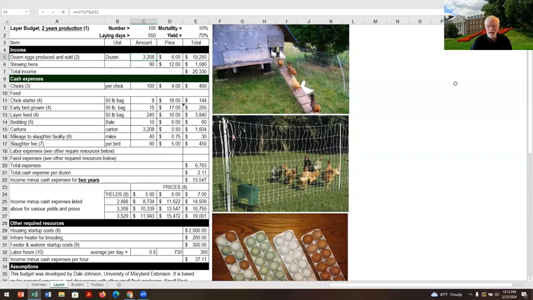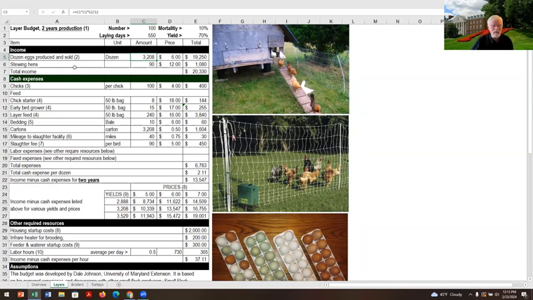So you don't want to try and undercut your competition, because that's not going to do anybody any good. If you see a sign on the road that says $6 a dozen, don't undercut them. Just get yourself some different customers. And if you see a sign on the road that says $3 a dozen, you might want to stop and say, you could earn a lot more if you need to raise your price.